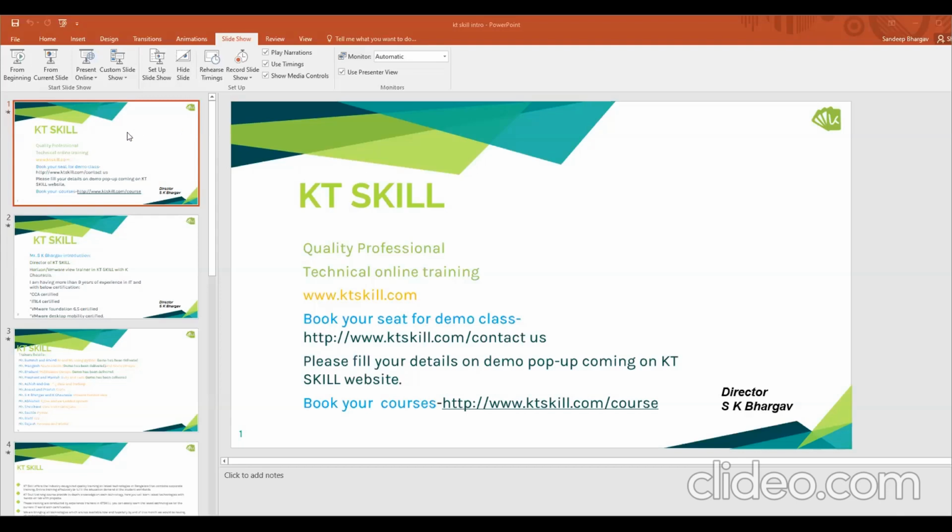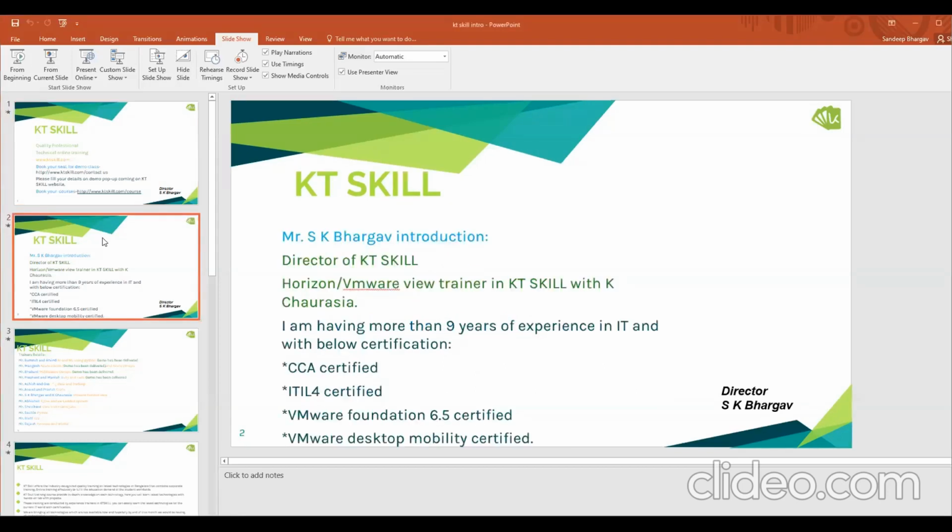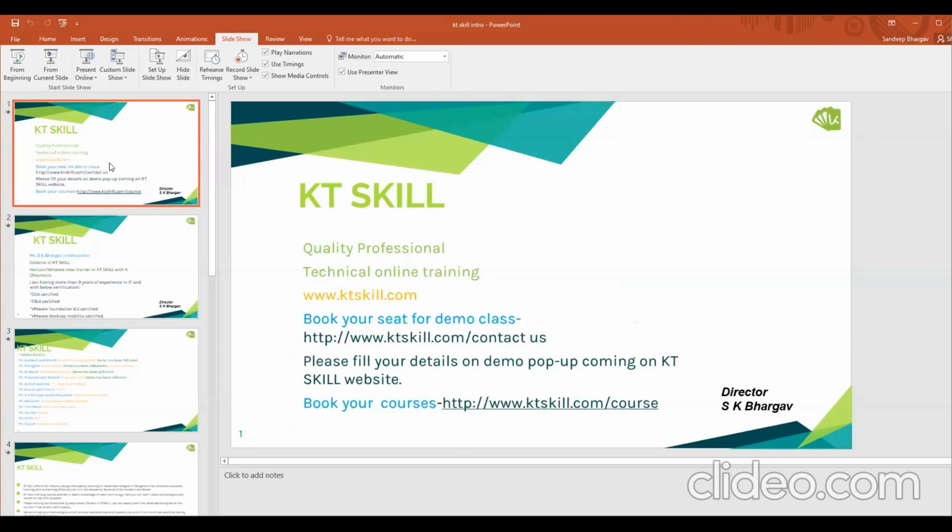Okay, and let me give you some brief about this institute. This was started by me and my team, and it is for working professionals as well as for freshers. If we talk about freshers, once you pass out from BTech, you will be looking for a job, right? So you should know at least one technology which is required as a fresher. It might be programming, it might be another technology.